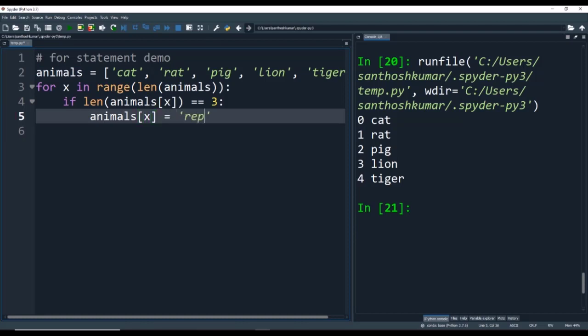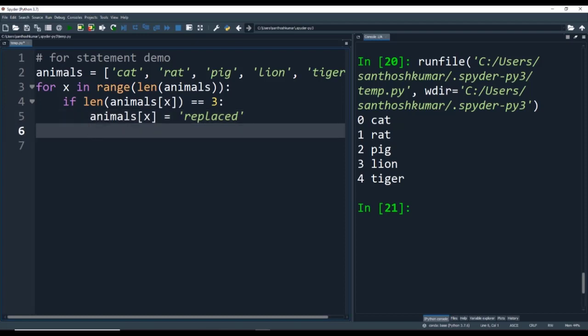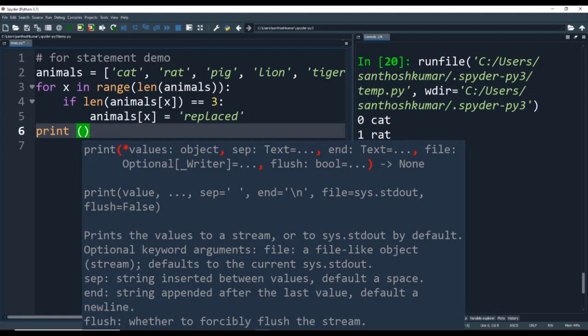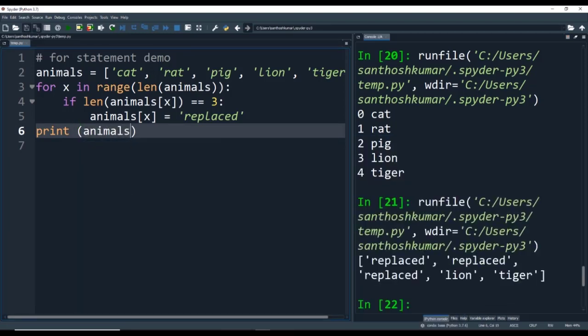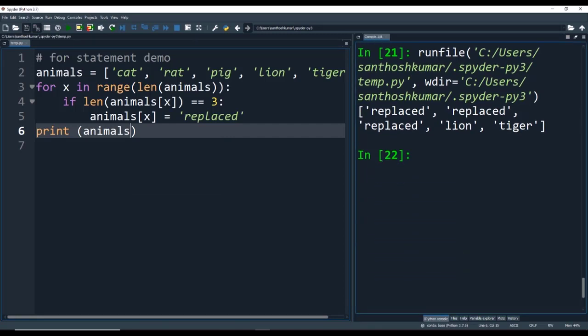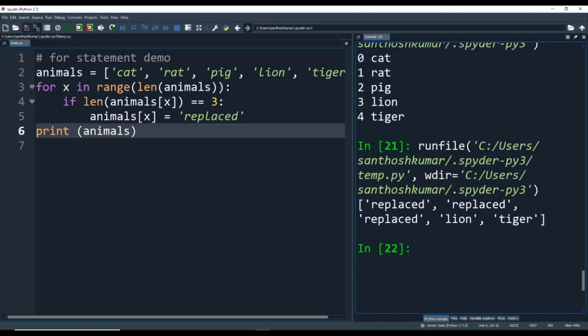Once that is done, after the for loop is over, I am using the print statement to print the animals list. And as you can see, cat, rat and pig, all these three elements in the list had length 3, and so they are now replaced with the value replaced.